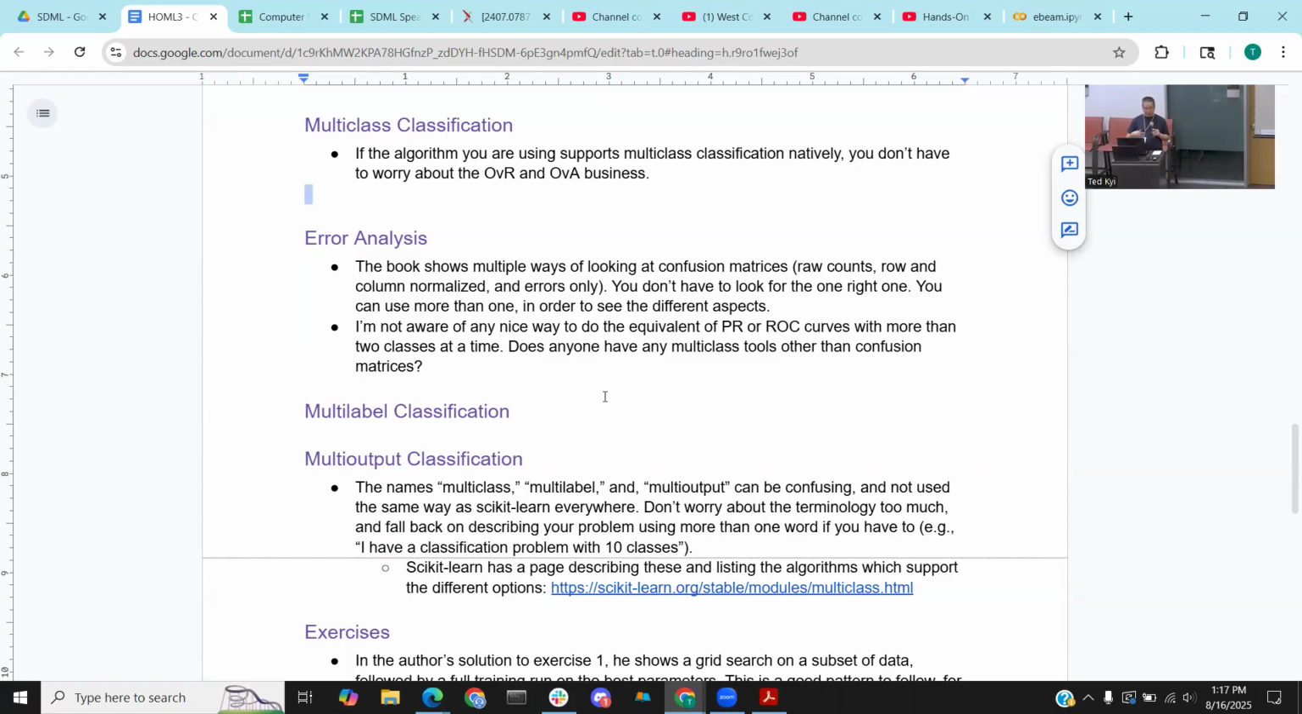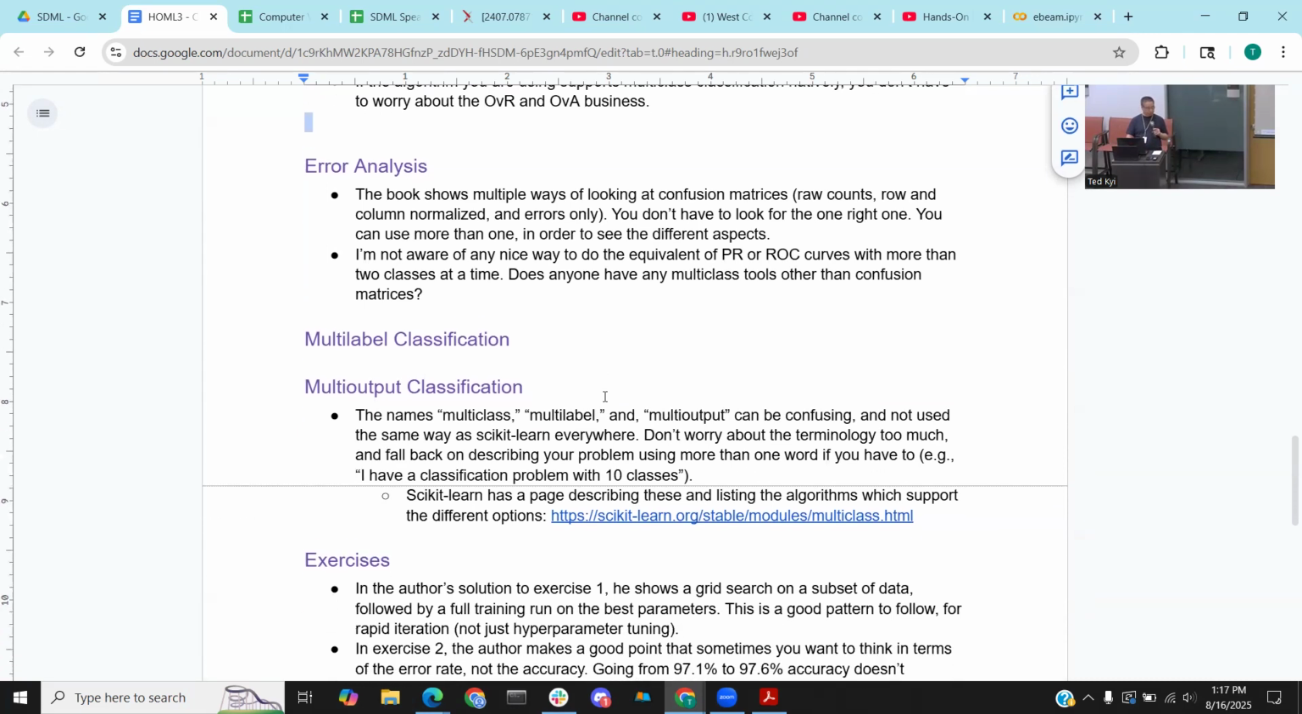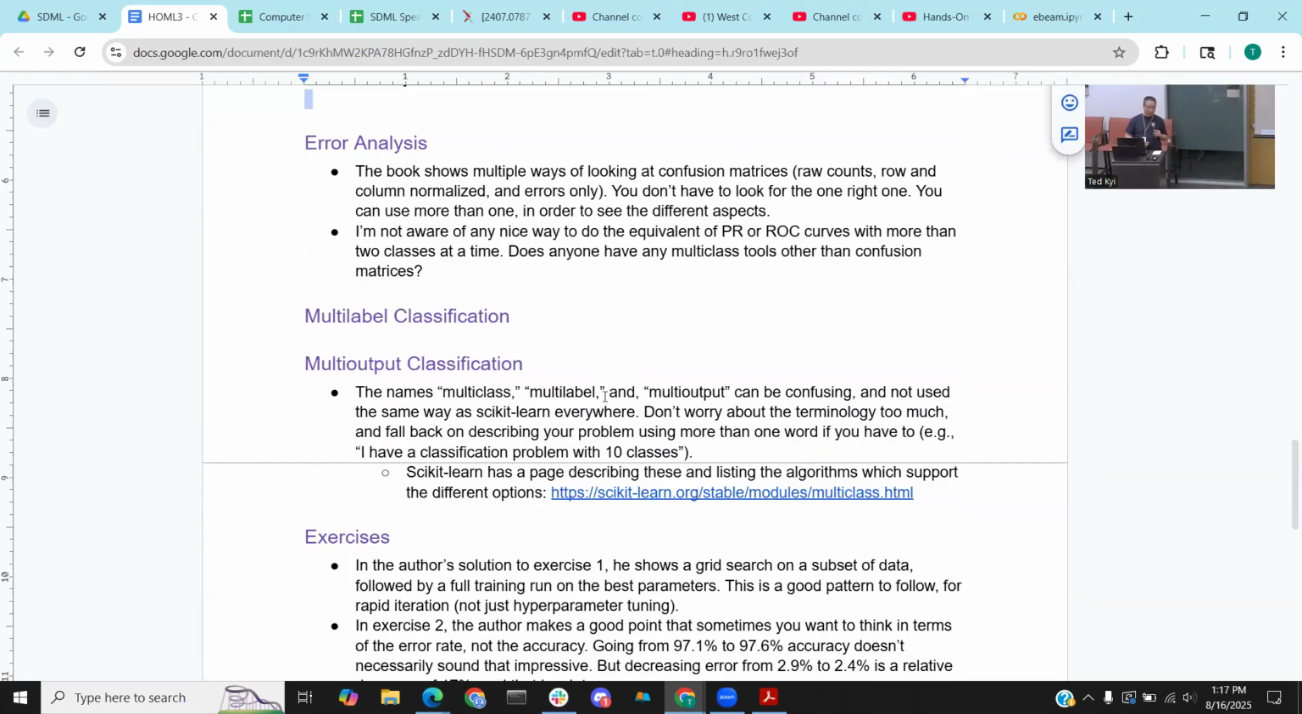So then we have multi-label and multi-output, and I find that these terms get really confusing. As far as I'm concerned, it's not super important to know the terminology. If you say, I have a classification problem with 10 classes, then the people who know the right terminology say, oh, yes, that's a multi-class problem. And if you say, I have a thing and I'm trying to label, you know... I'm totally blanking now, but